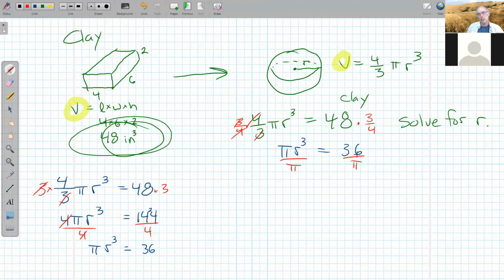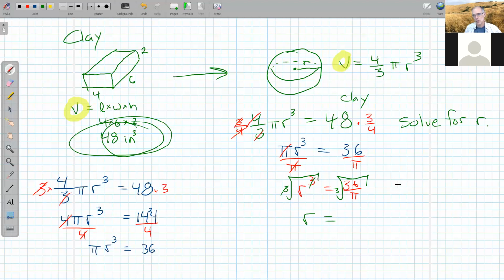Now, my recommendation is, since pi is kind of a messy number, to not use your calculator at this point, to just leave it as 36 over pi. So now I think that r cubed, because the pi is divided out, is equal to 36 over pi, and I'm just going to avoid my calculator for a minute. And then the last step to get rid of the cube is to take the cube root on both sides. And at this point, the cube and the root cancel, leaving just the r, and this, whatever the calculator says,